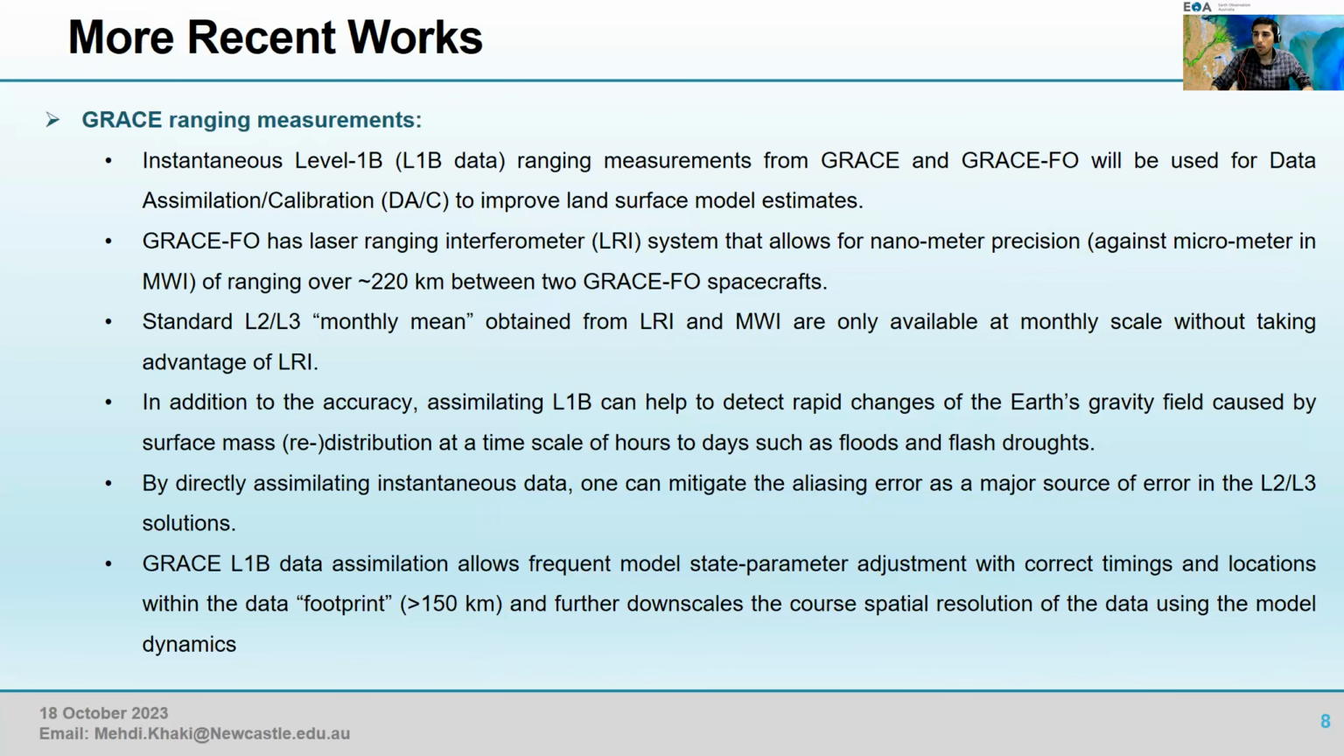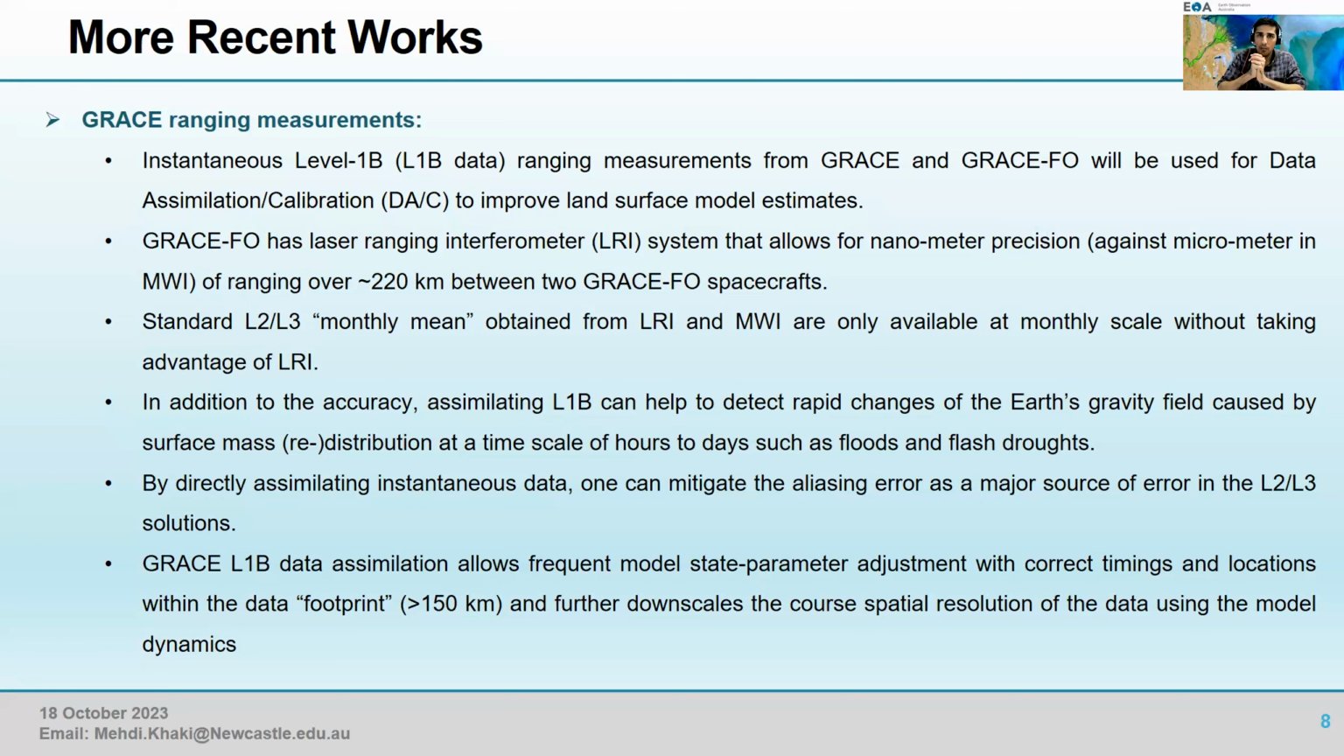Some more points about the works I'm currently working on. First is basically data assimilation based on GRACE, but this time using ranging measurements. So previously, most of the GRACE data assimilation in the literature has been using monthly GRACE data. So my colleague and I are currently working on the idea of using GRACE level 1 data. Those monthly data are GRACE data processed into L2 and L3 products, rescaled into a monthly temporal scale. But now we have this idea of